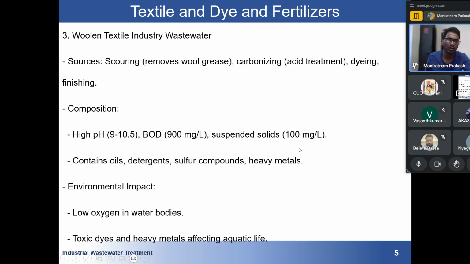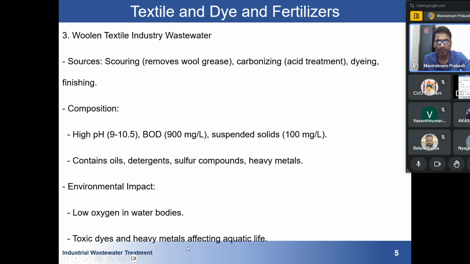Then there are suspended solids also, due to the presence of reagents that are used during the making process. Again, you can see that it has high BOD, biochemical oxygen demand, meaning it contains a high amount of organic matter. Now imagine that you have dumped this wastewater in a river. What will happen is that it will consume all the oxygen present in the river or lake. Eventually the water where it has been dumped will contain a low amount of oxygen, and that will be harmful for aquatic life.